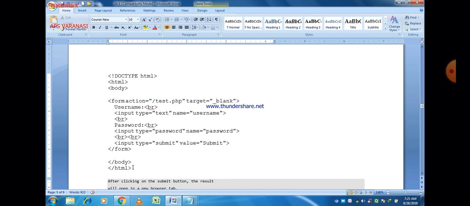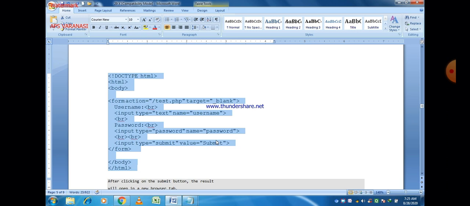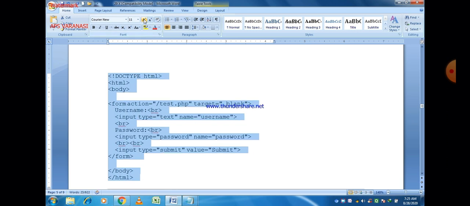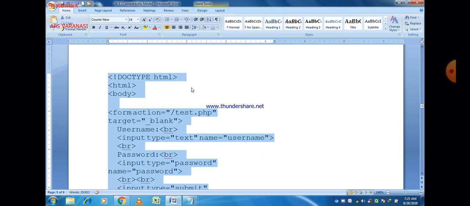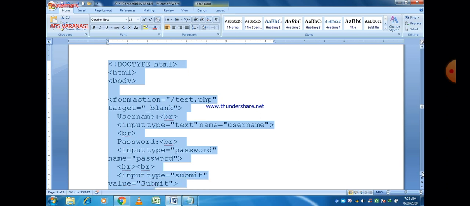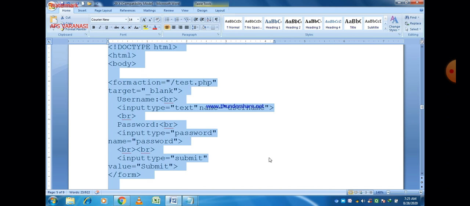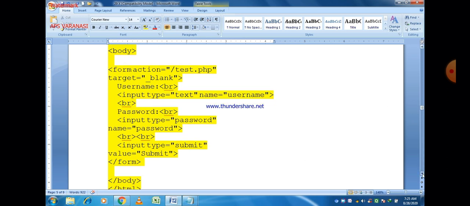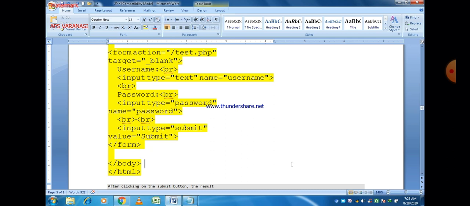In this program we use two attributes, action and target. Action is already defined. The action attribute basically tells where the data goes after we press the submit button, and the target attribute just defines where the web page will be opened, whether in the same window or in another window.